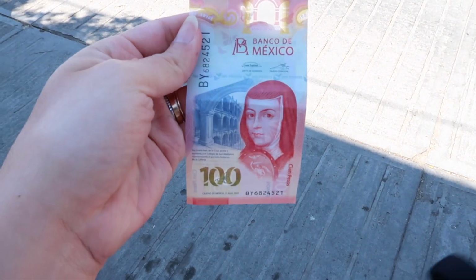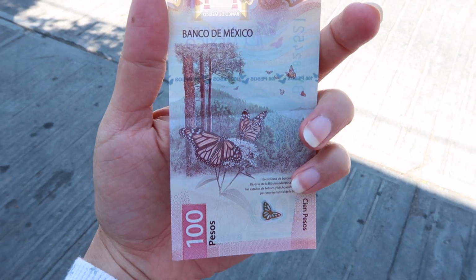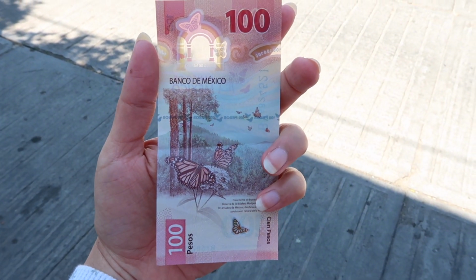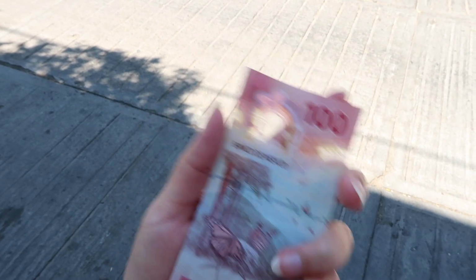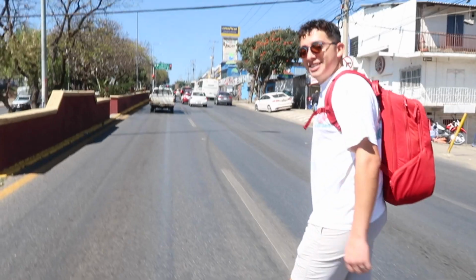I wanted to show you guys this bill because we've been getting the newer bills lately, and they're really pretty. They have nice designs. I want to keep them as souvenirs, but we also need them, so. And this is how she writes everything up for Diego. Jaywalking at